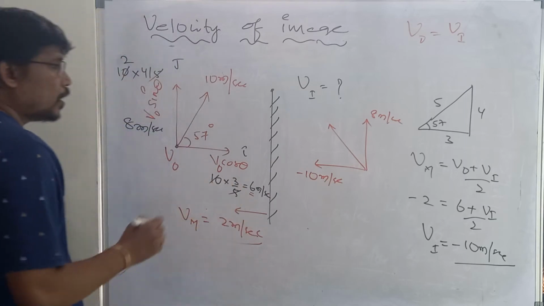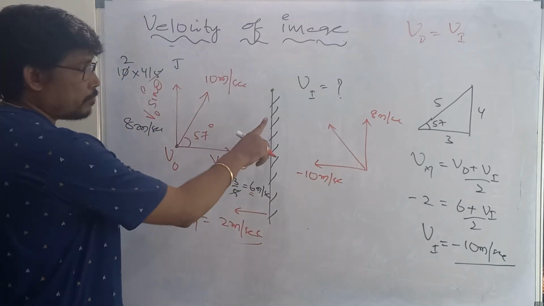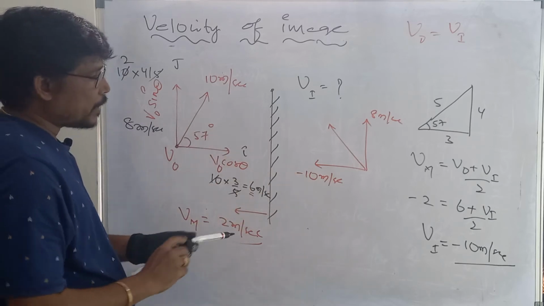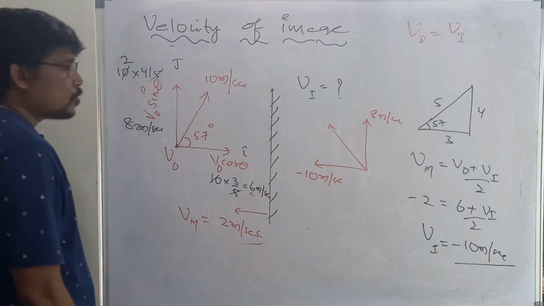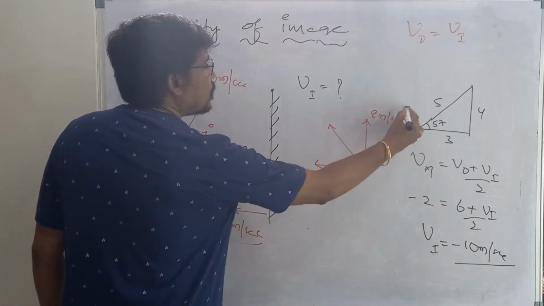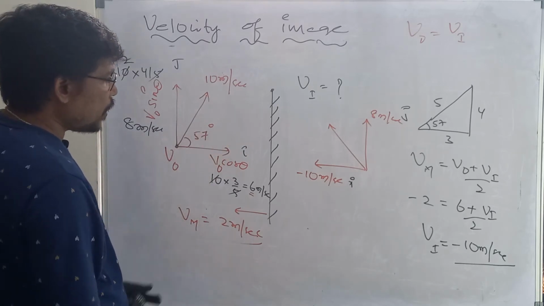See, if the mirror is at rest, it is simply minus 6, but the mirror is also moving, so that's what it is, minus 10. How do we get this minus 10? I calculated it there. So this is simply the i component, this is simply the j component. So you understand.